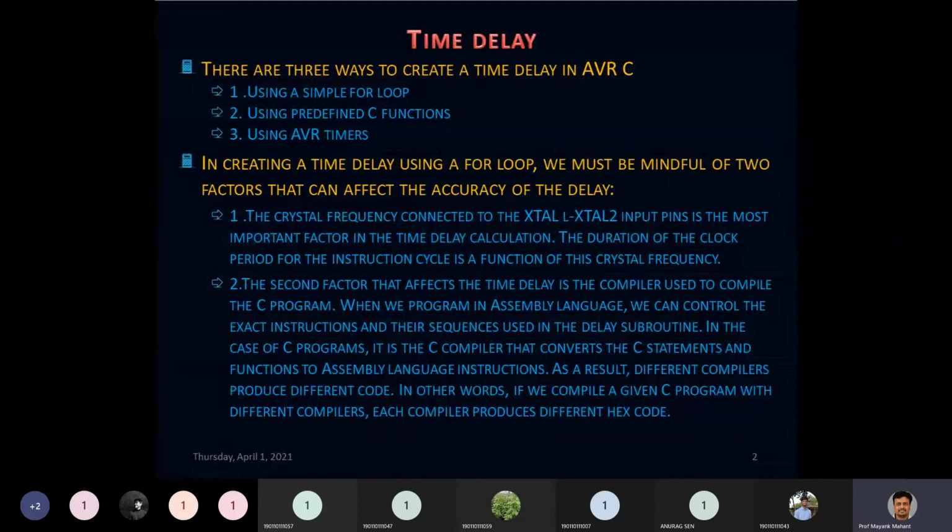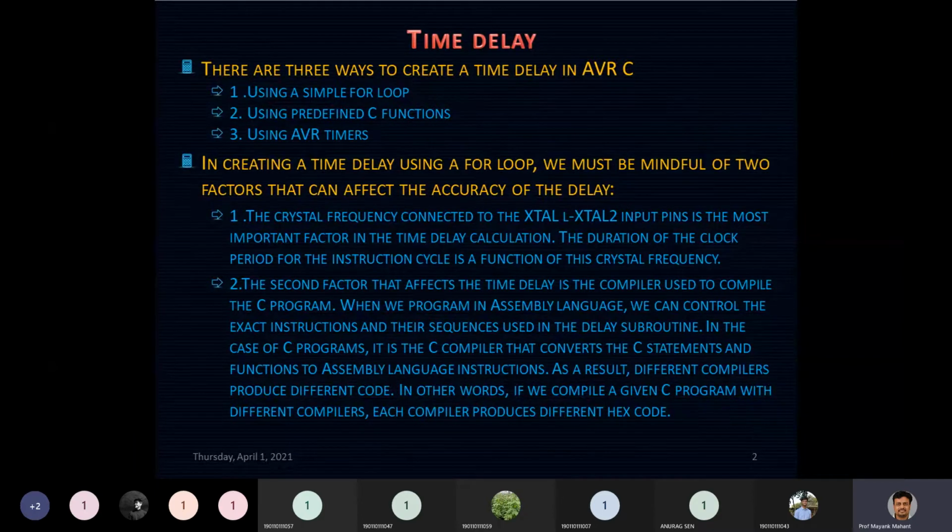The crystal which is connected between the XTAL1 and XTAL2 input pins of the microcontroller is one of the most important factors in time delay calculation. Okay, because the duration of the clock period for the instruction cycle is a function of the crystal frequency. Already we have seen that each instruction in our AVR is executed in one machine cycle.